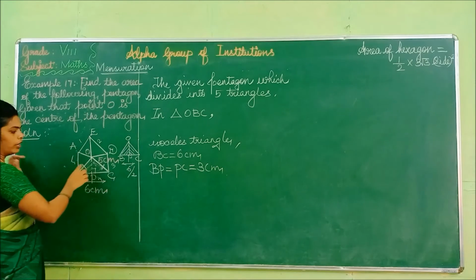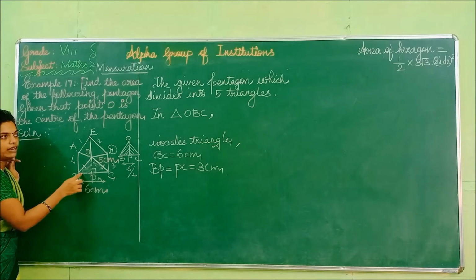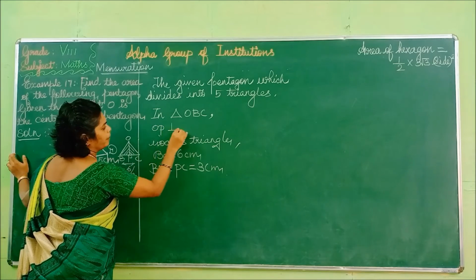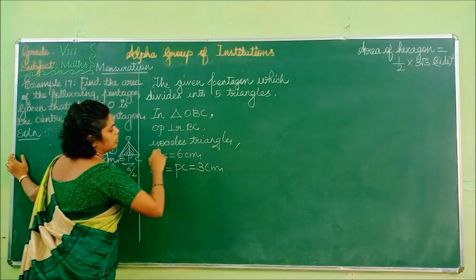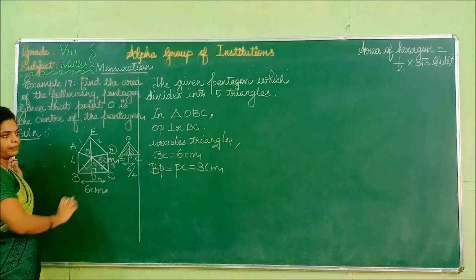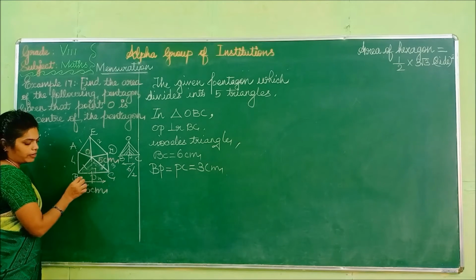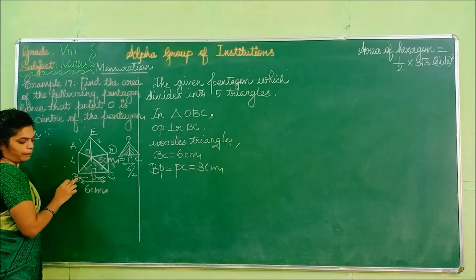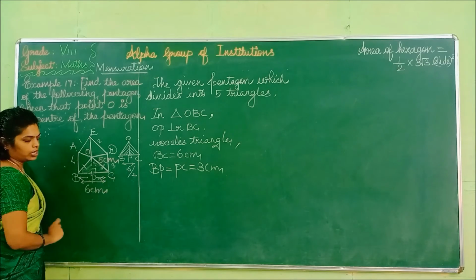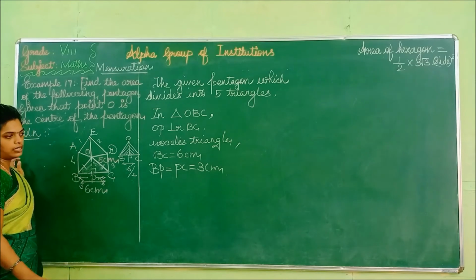So listen, you can take this triangle OBC. This will be divided into equal portions, that is, you are drawing a perpendicular line, OP perpendicular to BC. Consider the triangle as an isosceles triangle; both sides will be the same. If the base is equal to 6 centimeter, the base will be divided into two parts, BP plus PC, so you divide into equal portions. 6 by 2 is equal to 3 centimeter. So BP is 3 centimeter and PC is also 3 centimeter.